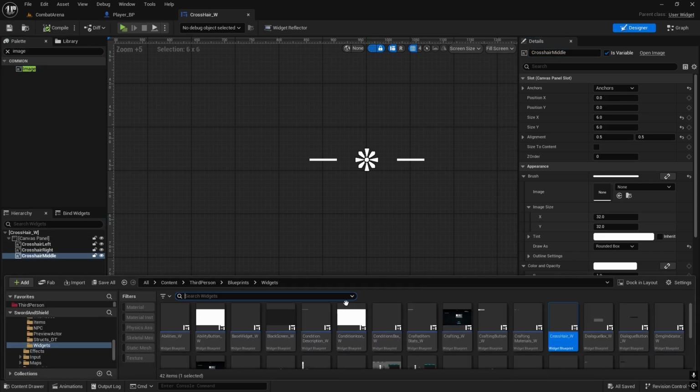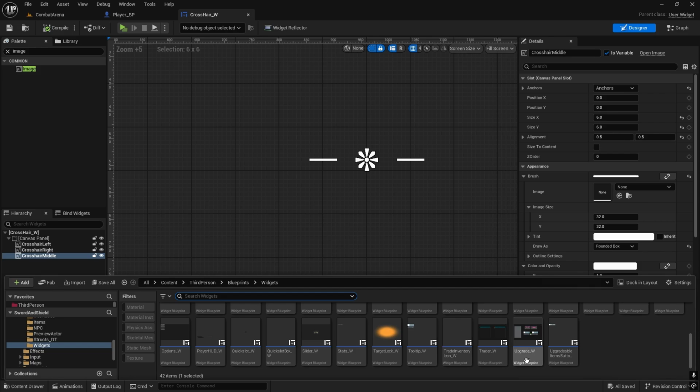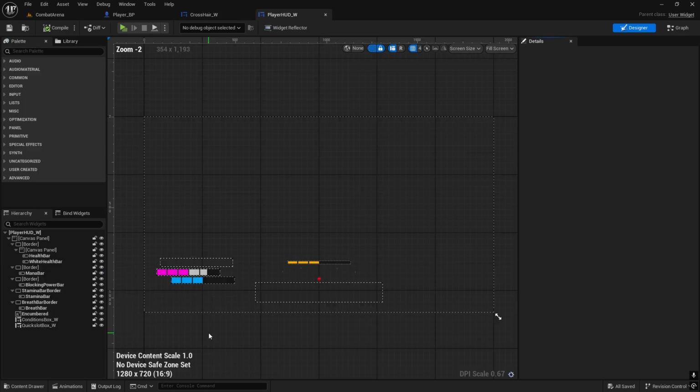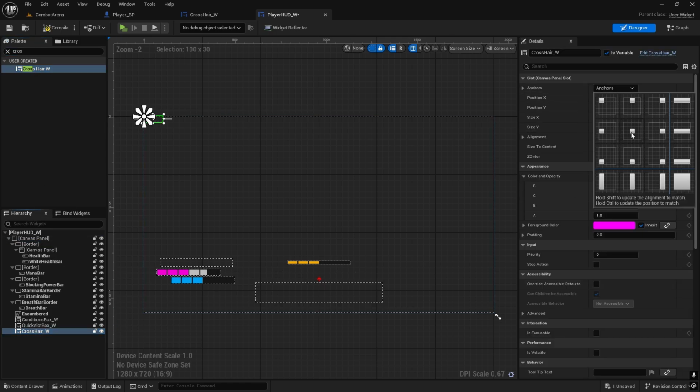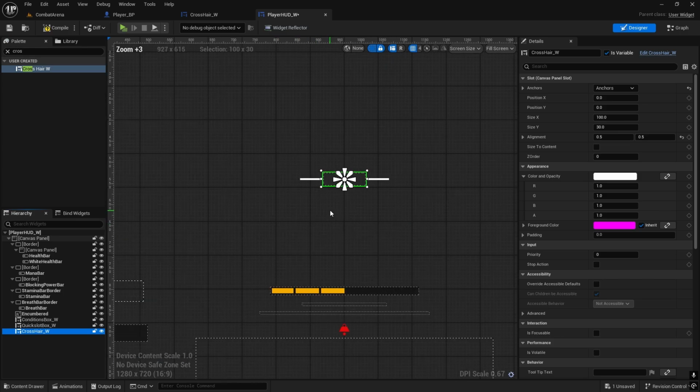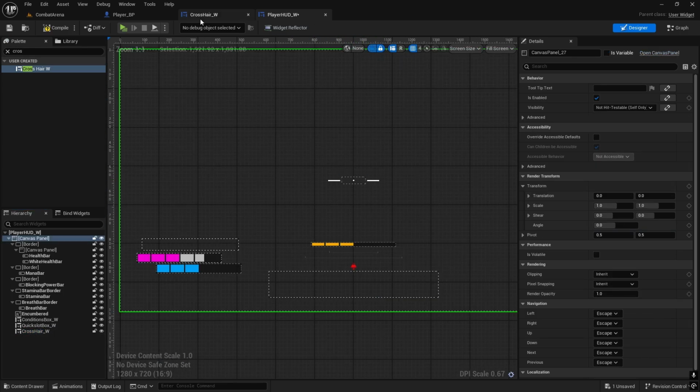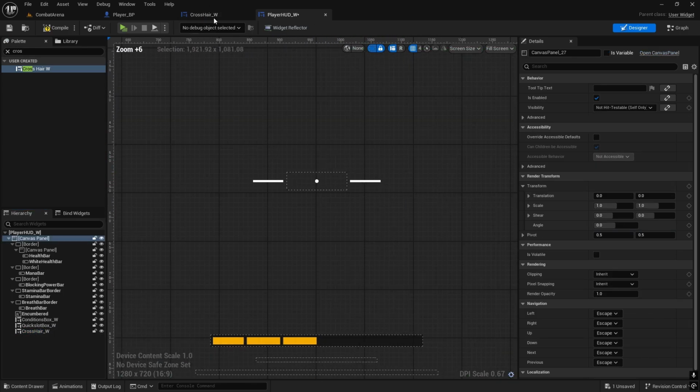And then we can add it to our player HUD. So that's where it will live. And search for Crosshair. Add it to the canvas panel. And here we're going to anchor it to the middle. Again, Control and Shift. Don't worry about the size, it will automatically resize from this crosshair because that has canvas